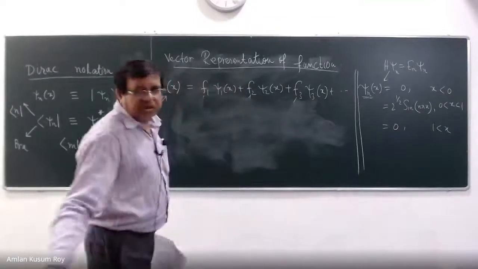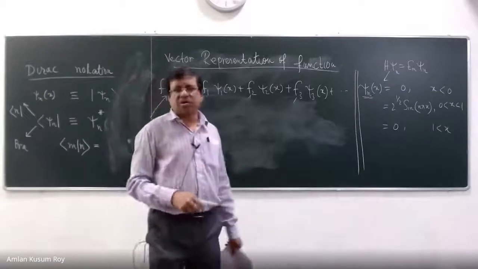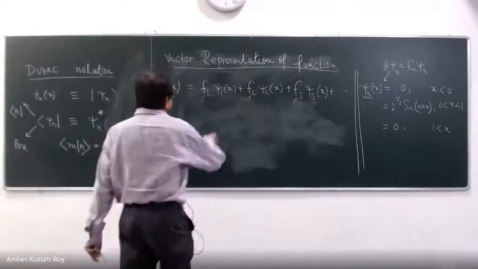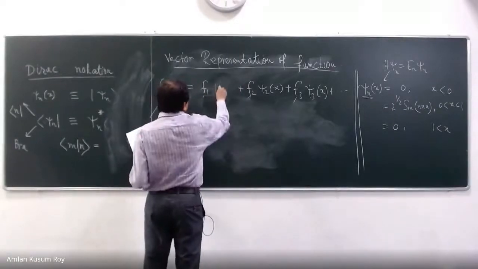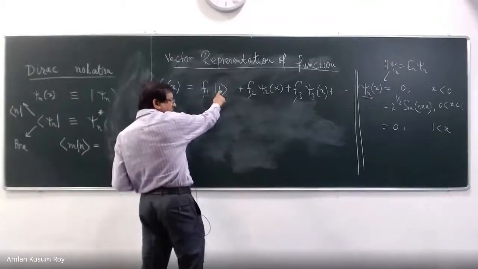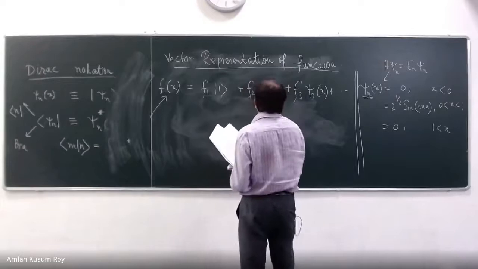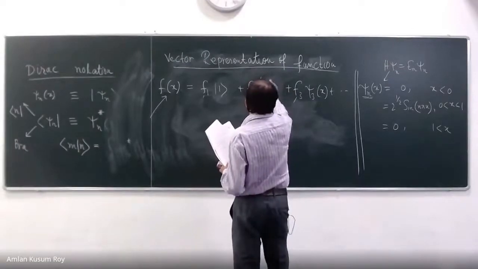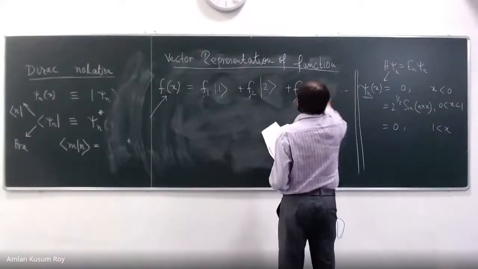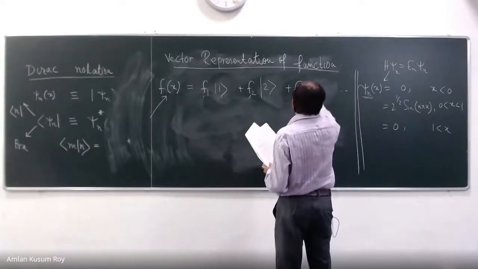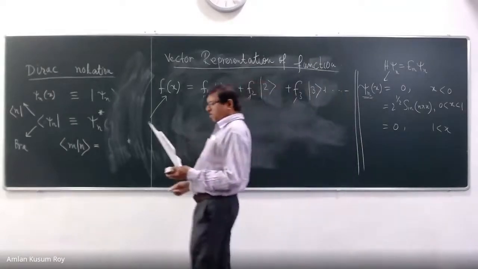So what I am going to do is, first of all, I am going to write these as just 1, 2, 3, 4. That means I want to write psi1(x) as simply ket 1. But remember, this is psi1. This is psi2(x), that means I want to write as ket 2. This is psi3(x), I want to write as ket 3. I can go on. There is no problem in that.